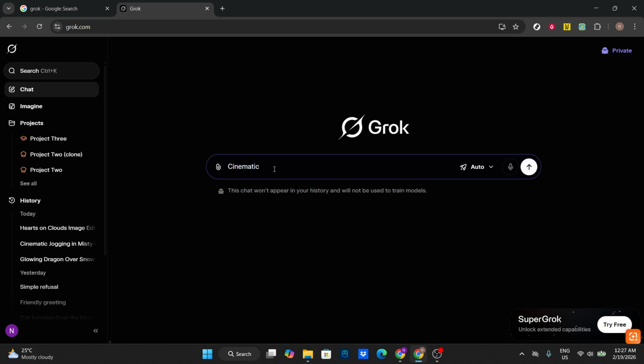That's it. Go to Grok, start a new chat, open it from the left sidebar, enable private in the top right, confirm the notification, type your